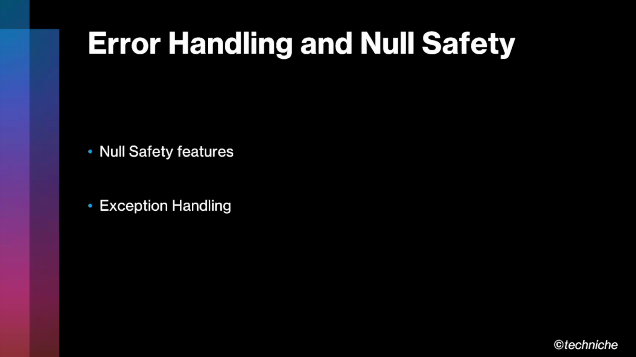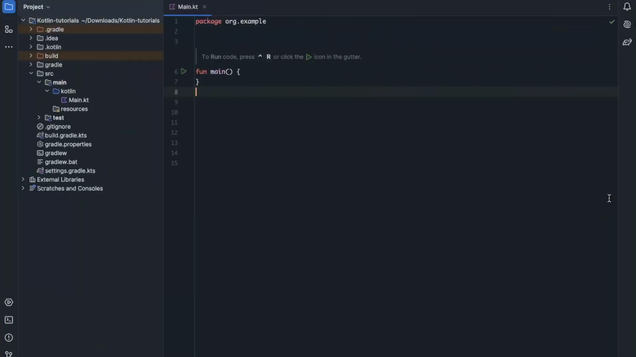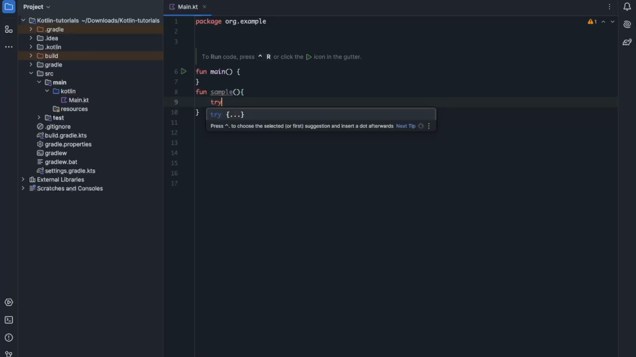So we can check with a coding example. Let's open the editor and I'll show you how we can do that. Suppose I write a sample function. And here there is a try block. This one is a try block, right? So the try block, we do what? We wrap it